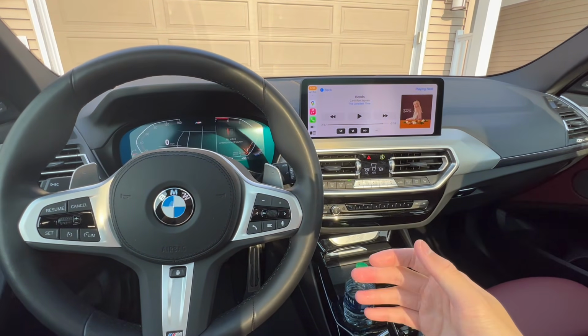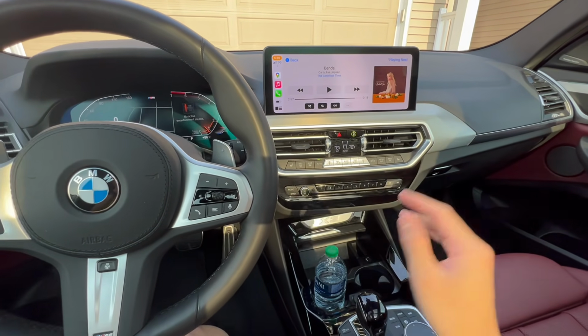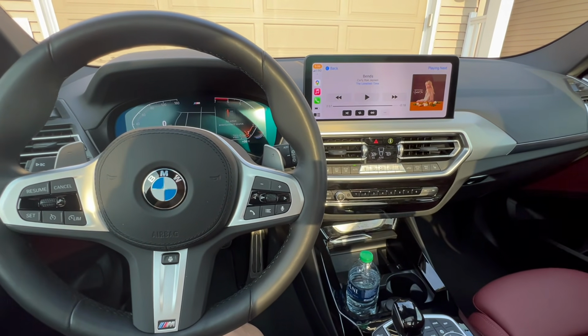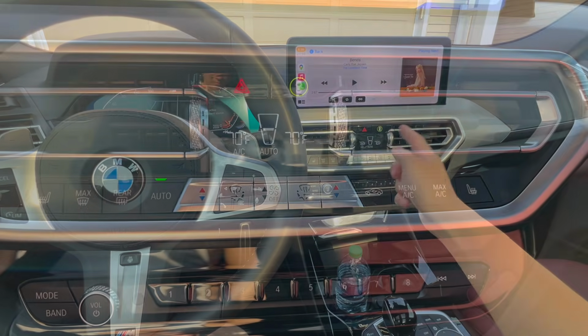So it looks a lot more modern than this setup, but I actually don't know if it's more functional. Honestly, at the end of the day, this setup with all the physical buttons doesn't look as clean as the new curved display, but it does look on. It's honestly just a lot more functional. So I don't know, people who want physical HVAC controls are going to have to go for an older model